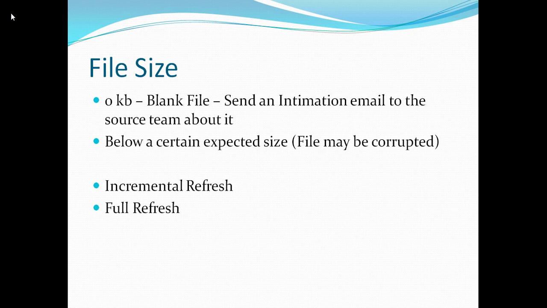And guys, another important tip at this point is that your system should be designed in a way that it can handle both incremental refresh and full refresh. For example, if you were doing incremental refresh over a period of time and some of the data was corrupted, you should have the capability to do a full refresh and the entire data will be corrected. Obviously, this does not apply to systems that have terabytes of data. I'm talking about a small ODS or small OLTP system which only has a few gigabytes or less of data.